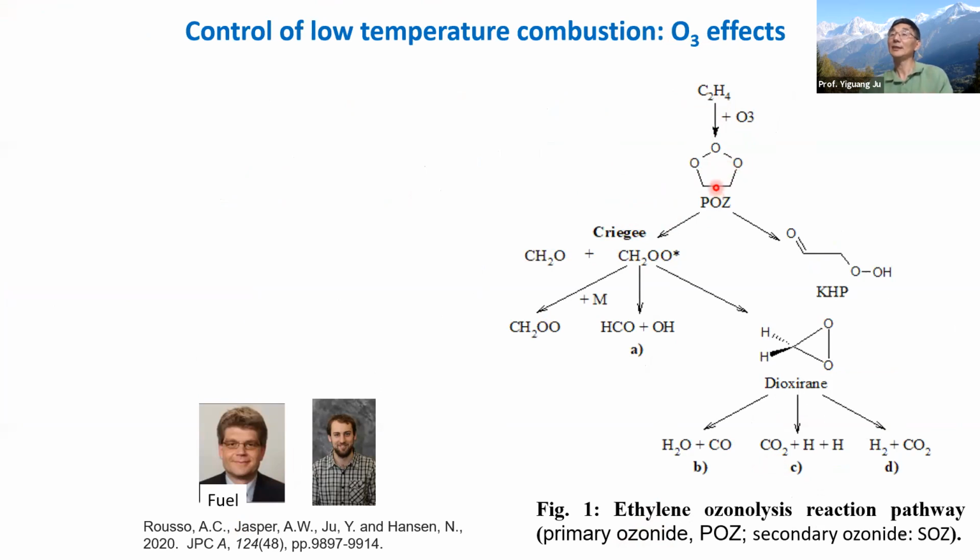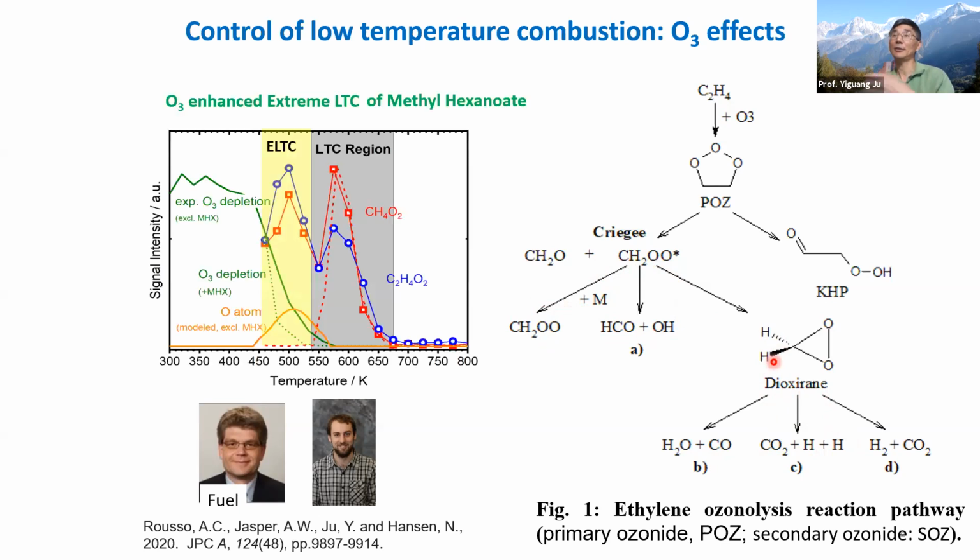And then it breaks down into a Criegee intermediate, CH2OO. This Criegee intermediate is very reactive. It can decompose into HCO and OH, or decompose into a dioxirane and then form H radicals, water, and CO2 to give you heat. With that kind of low temperature combustion promoted by ozone, we then studied how ozone enhances